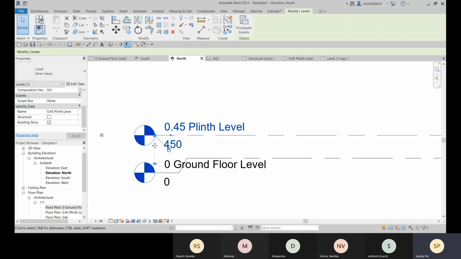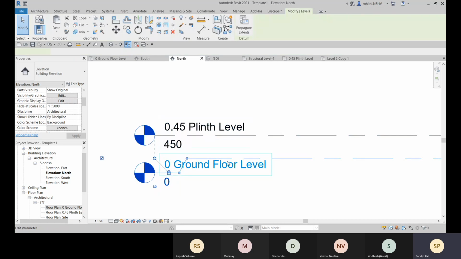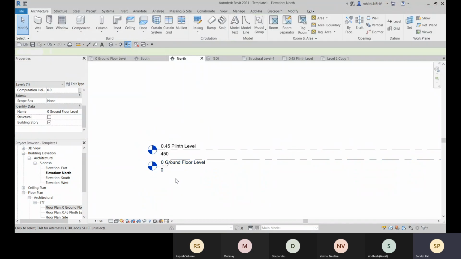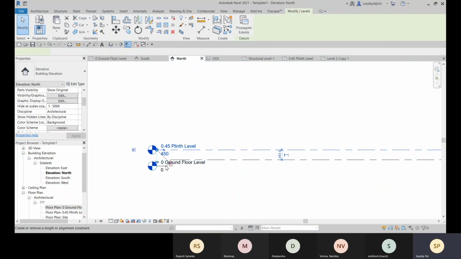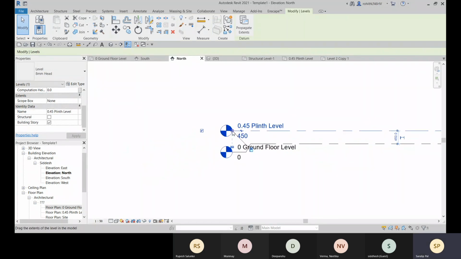And now you see that this is locked. This is locked with this. So the orientation is locked here. Now, if you select any of these levels, here you see that I can change with this circle.